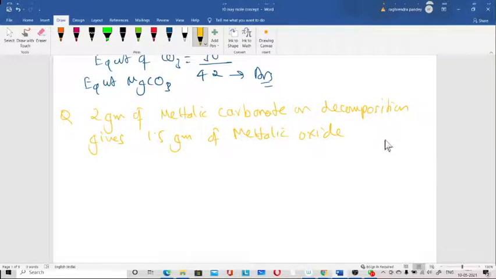What is the equivalent weight of metal? The reaction you can write